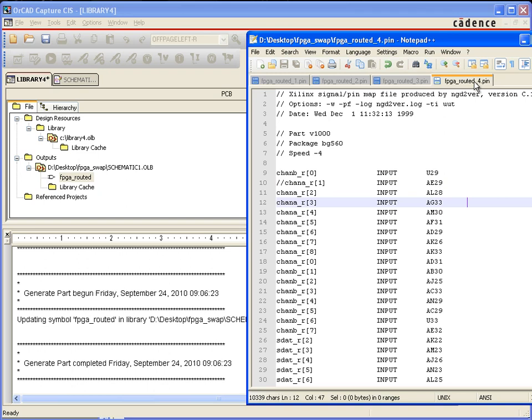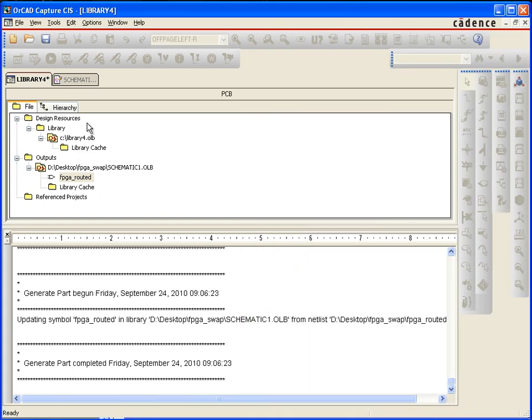Here in FPGA 4, what I've done is I've added another pin. So this pin right here, channel AR8, so bit 8, I've added to that. I've given it a new pin number, which is AK33. That doesn't exist in the pin list so far. So I want to add that new pin to this pin file. That's what I'd like to do this time around. So it's going to be pretty similar to what we just saw last time when we deleted that pin. And we can verify that by just going here to